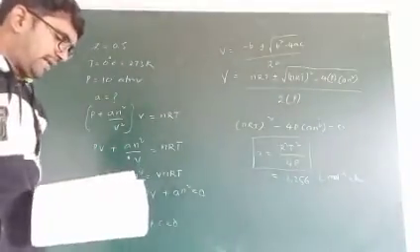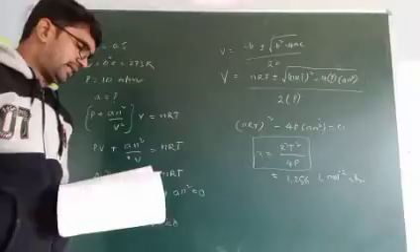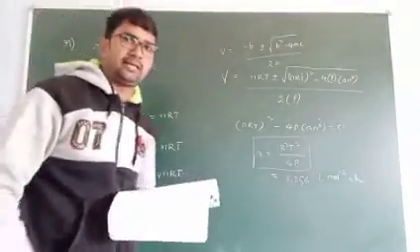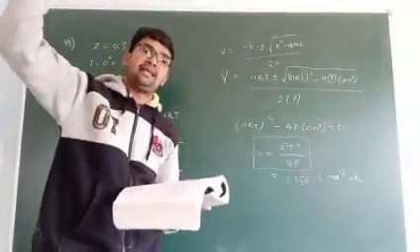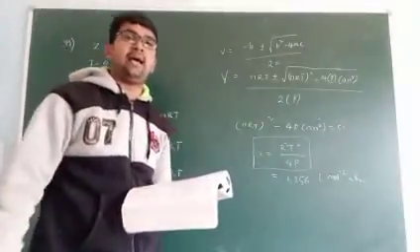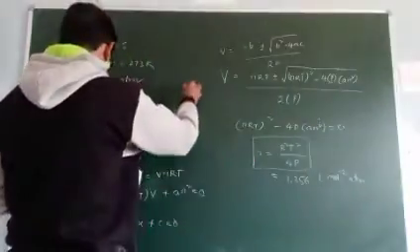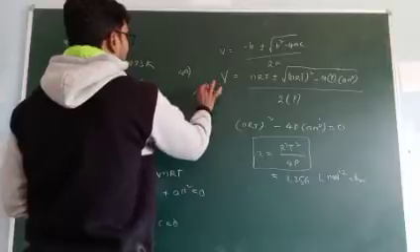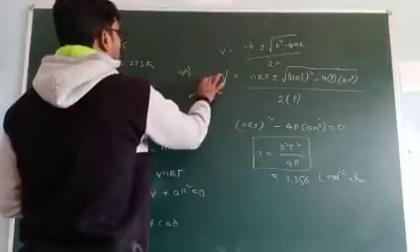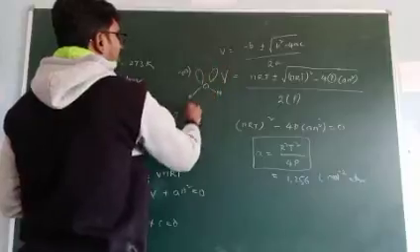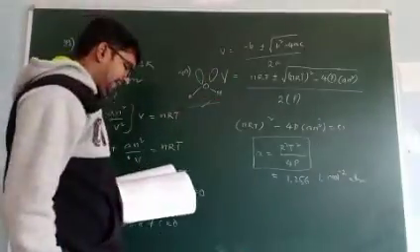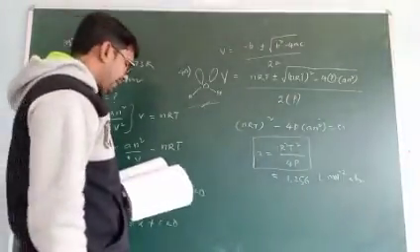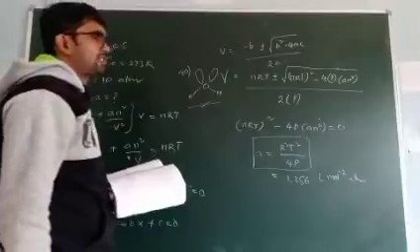48th one. The critical temperature of water is higher than that of O2 because H2O molecules have a higher critical temperature. Why do they maintain the higher temperature? Actually, for the 40th one, this is the water shape, H-O-H. It contains two lone pairs, so its dipole moment value is very high. Due to this reason, the critical temperature value is more.